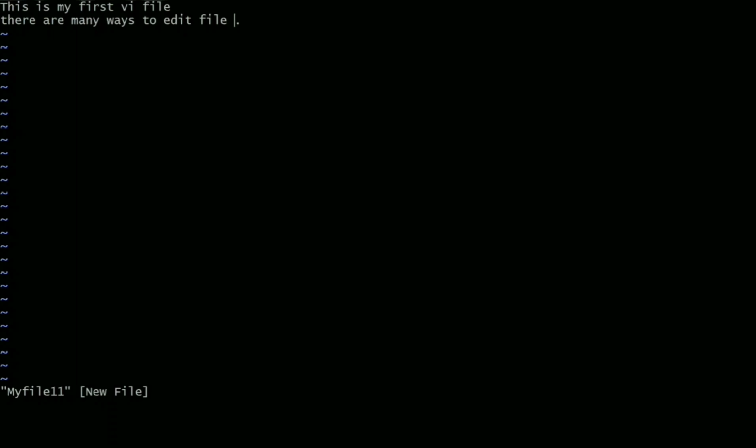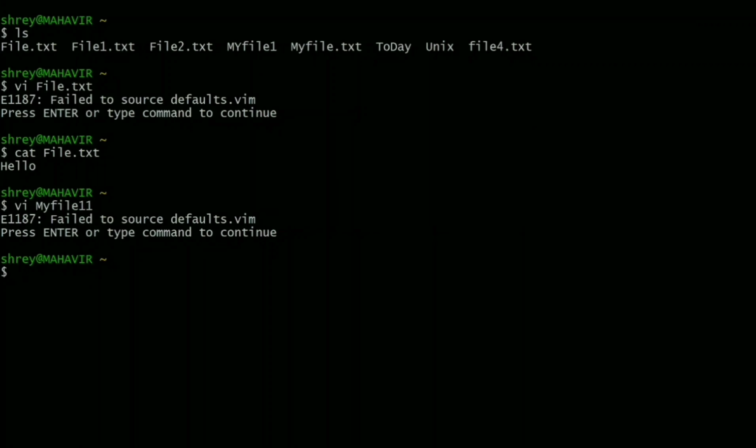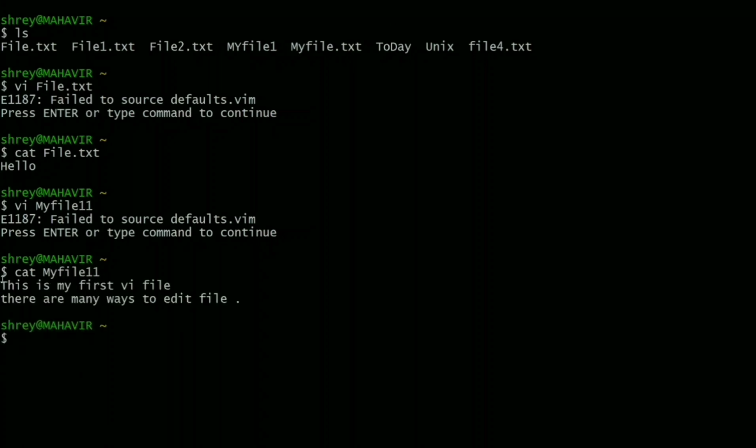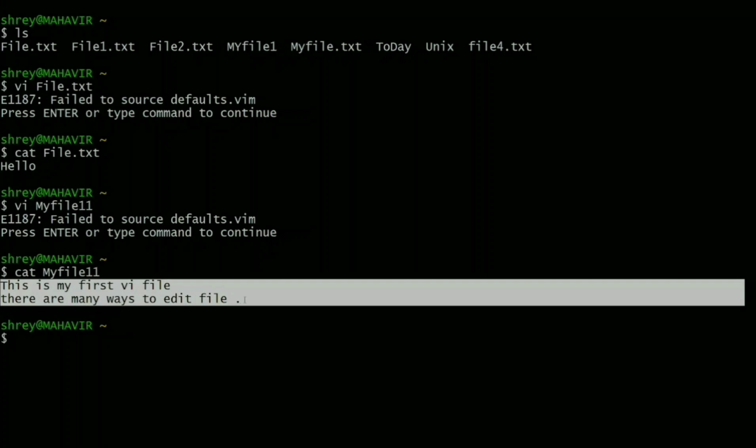Now to come out from this file, we will press colon, as you can see here, :wq. This content will be saved into the file and we will come out of the VI file. Now to see the content, we will use cat myfile11. As you can see, this content is present in the file.